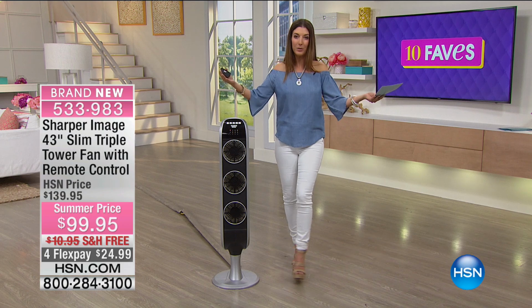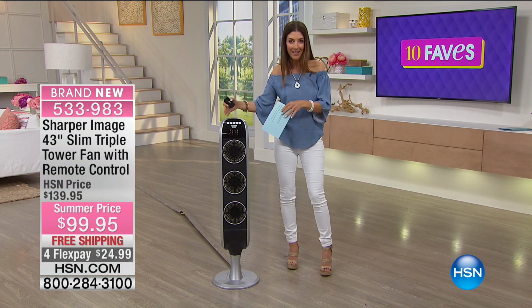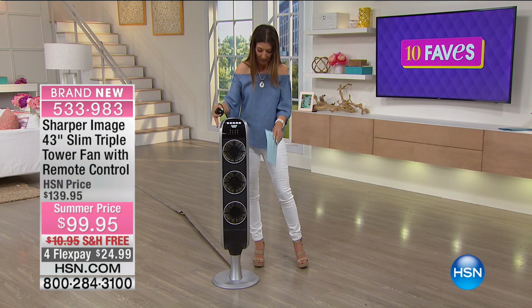Most of them take up a lot of room, and then you have to put them in a corner so they've got room to oscillate. This is oscillating in a very sleek and compact design. It's only about 6 inches, you know, from side to side. All it needs